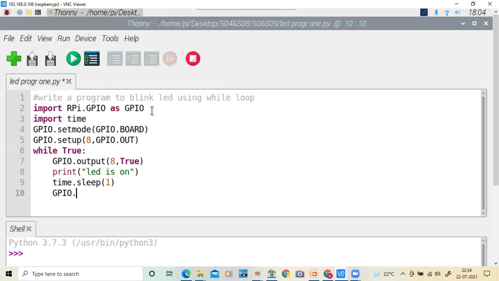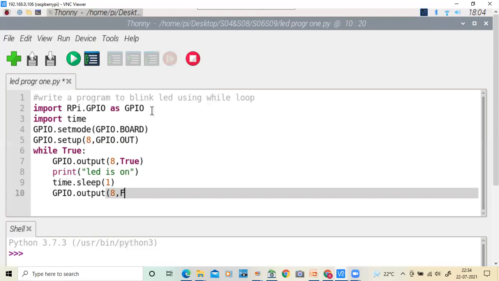Now GPIO.output, now we are disabling. How to disable? (8, False). That's it.